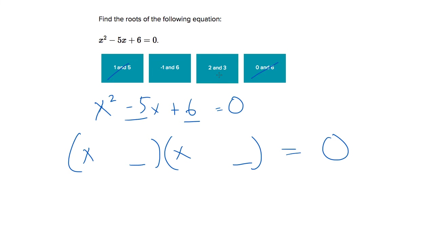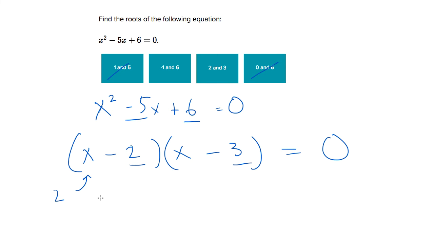It's going to have to be, because 2 times 3 equals 6. But it's actually not 2 times 3. It's actually negative 2, and it's minus 2 and minus 3. The roots are 2 and 3 because what we do is we put in the opposite sign as the root itself, because what we're saying here is that if we were to substitute in 2 for x, that's the root, 2 for x,